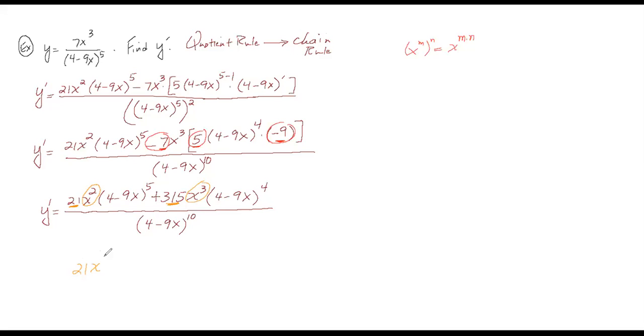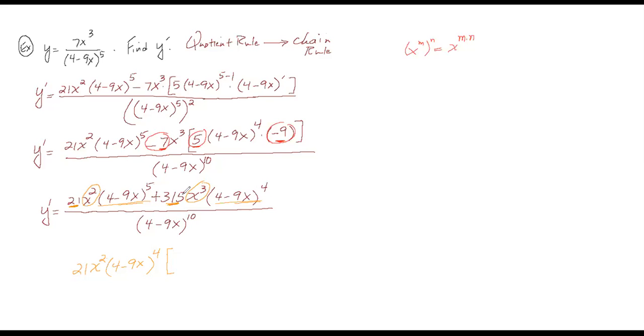That has x squared in common. And then I also have 4 minus 9x to the 5 and to the 4. So it's always the smaller as your common factor. So let's factor out 21 x squared, 4 minus 9x to the fourth from these two